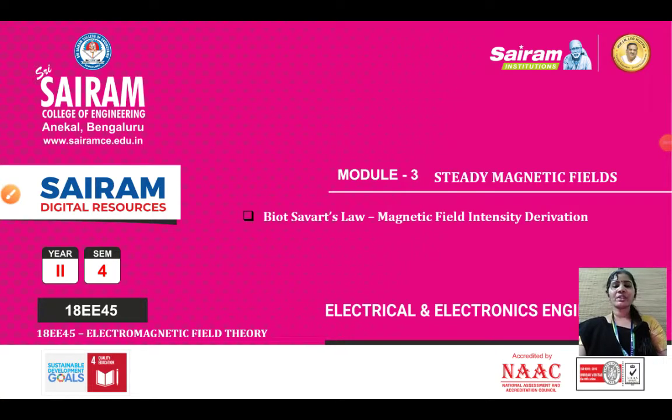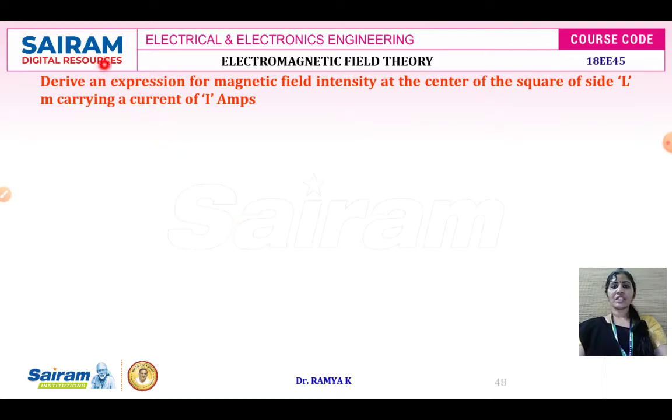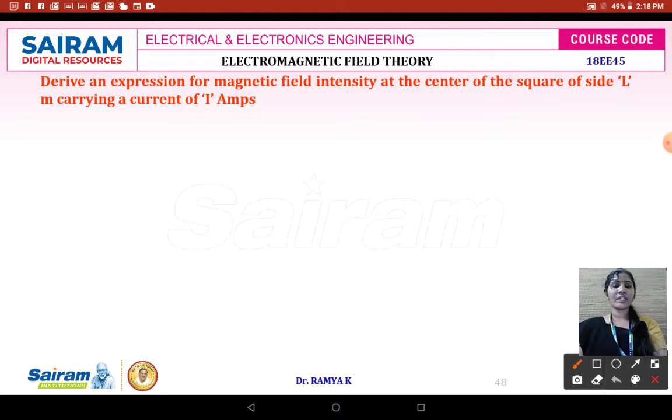Good morning students. In today's session we'll see the Biot-Savart law magnetic field intensity derivation. Derive an expression for magnetic field intensity at the center of the square of side L meter carrying a current of I amps. In the previous session we have seen the derivation of magnetic field intensity for an infinite current carrying element